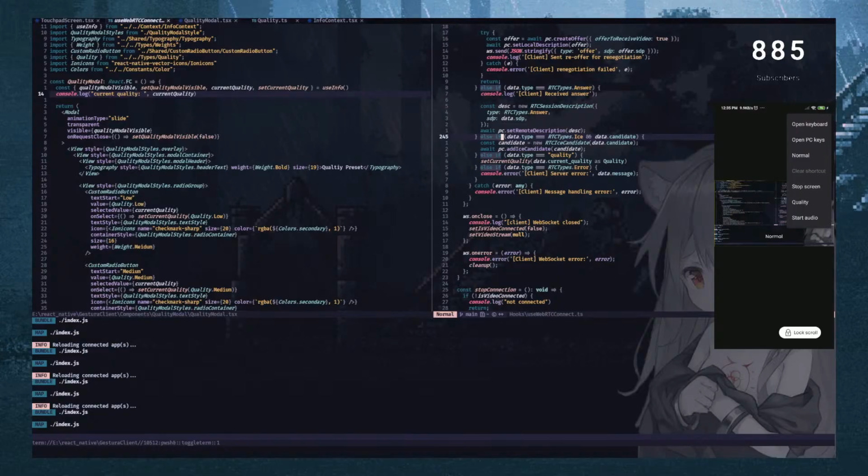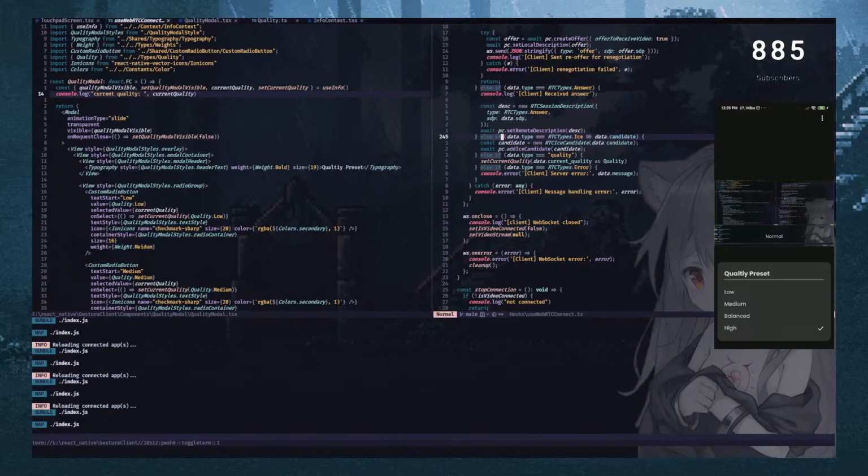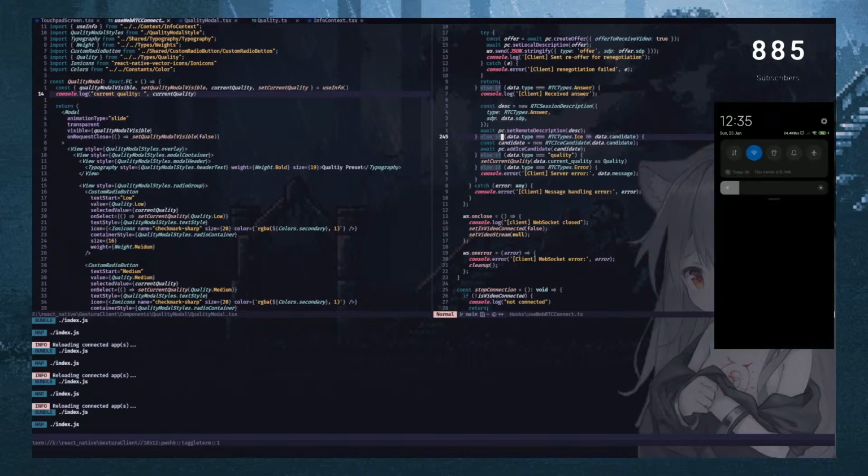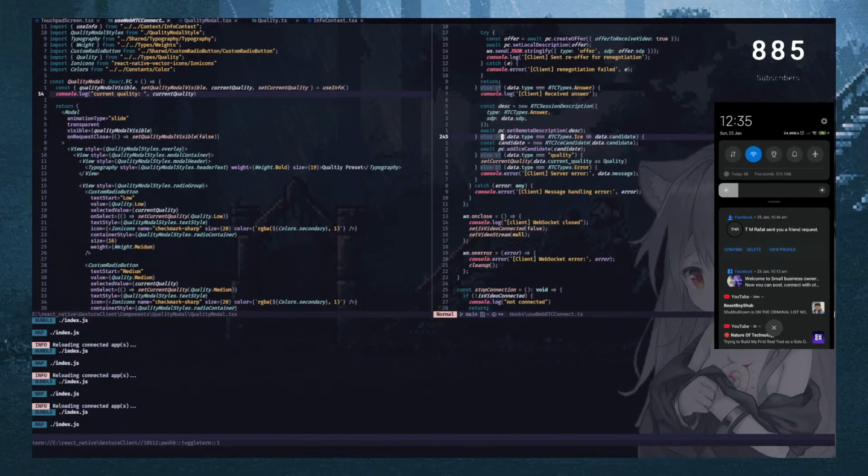Go screen, and if I click the quality, yeah, it is giving me the high quality. To confirm, I need to switch it back to low, just so the difference can, let me just do this,